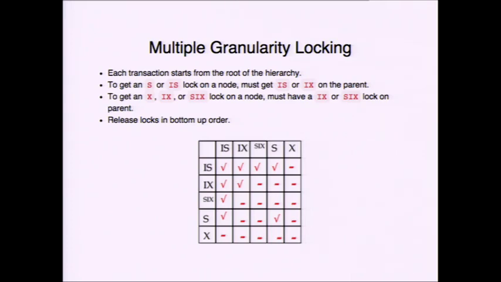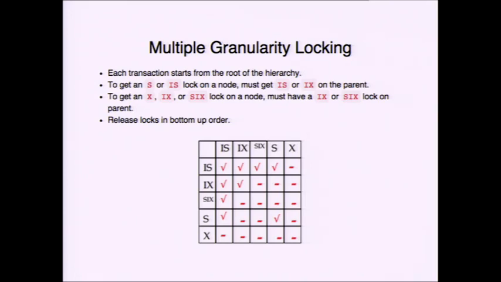It's probably a good thing to put down on a cheat sheet. It doesn't take up much space, and it's pretty useful. The one mildly confusing thing here is the SIX lock. It's a shared lock on the whole level that you're at, and it's an intention to write at a more fine level, right? So basically, you can think of this like maybe you're going to scan the whole database